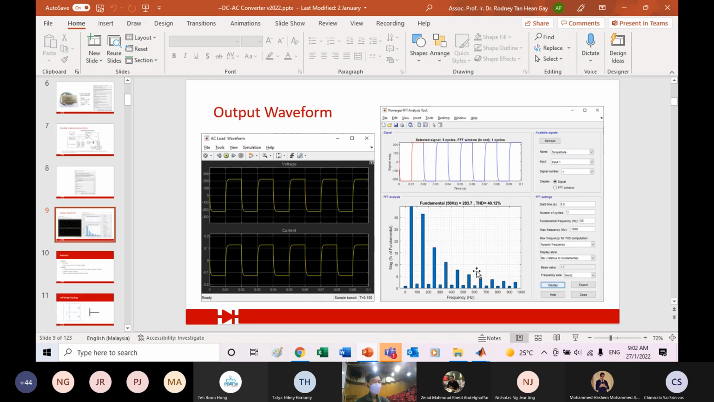Okay, this one. What is this? This is what we call the FFT, fast Fourier transform. I think you all study this in your numerical analysis. With the fast Fourier transform, we can see every frequency component. Now, why is it very important to see this? Because even though we already achieved AC, there is a problem, because for our understanding,